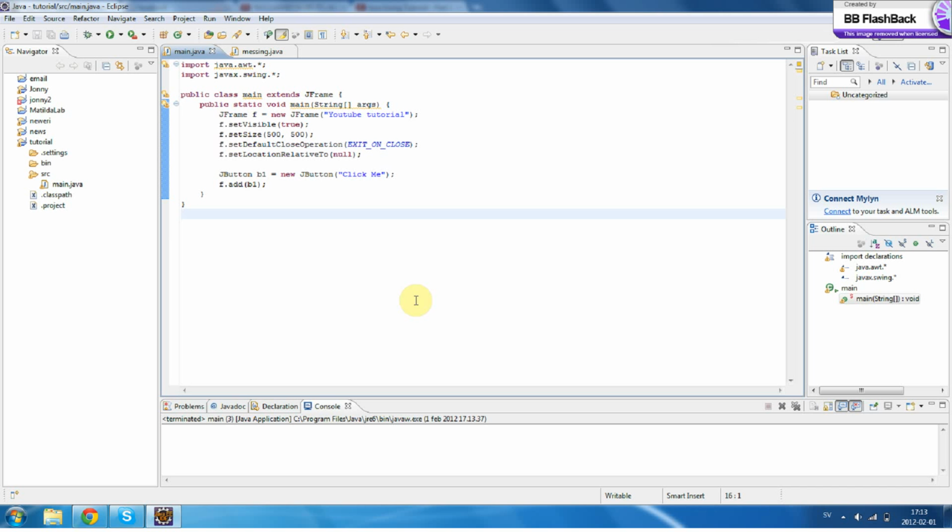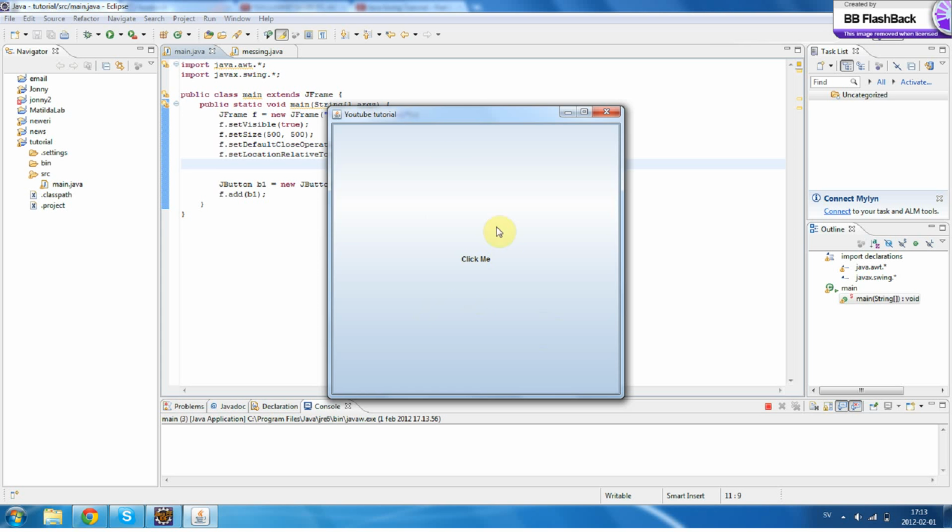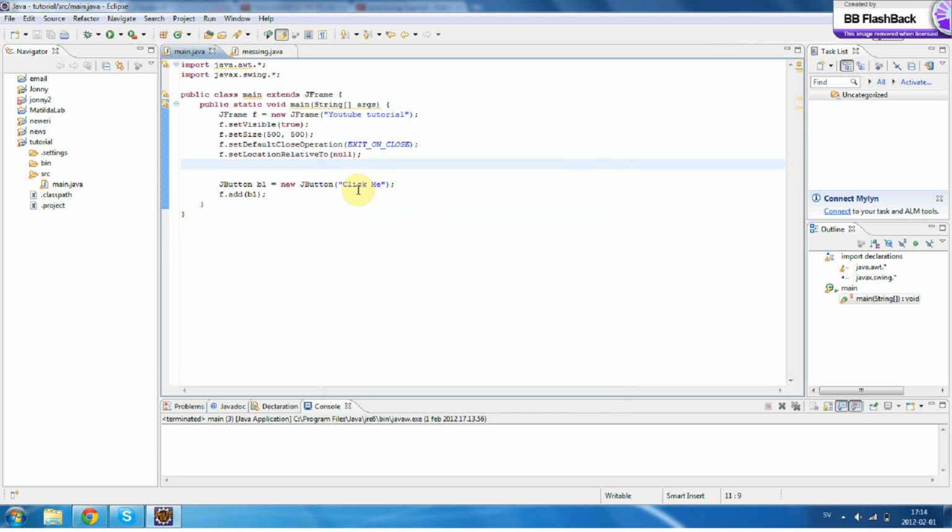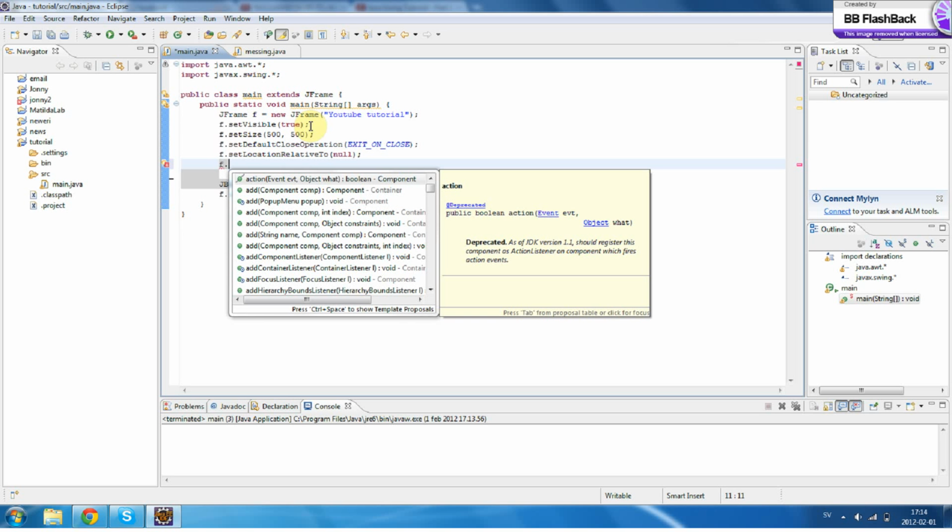Okay, so now another thing that I wanted to tell you guys is the different layouts in Java. So since this button is actually taking up all the space, it's actually gonna be really annoying because every time we want to add another button or anything else, only one button is going to show at a time, because they're all going to take the entire space. This is because we haven't initialized any layout for our JFrame. So what we're going to do is we're going to go F dot, since F is our JFrame, set layout